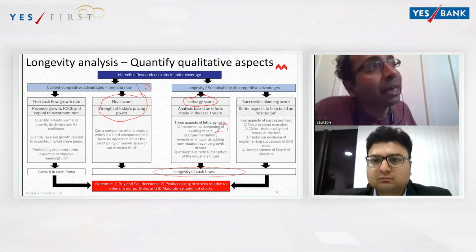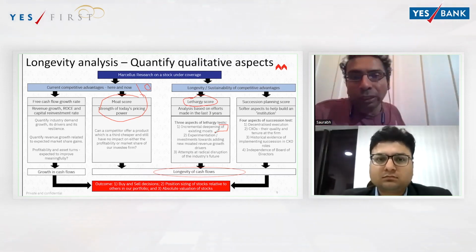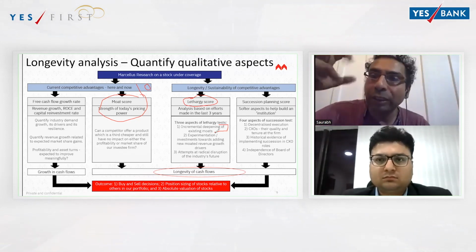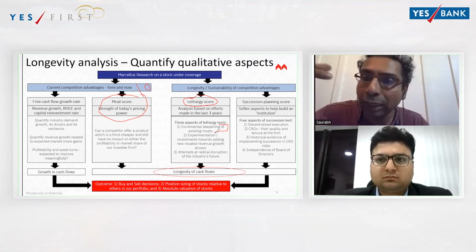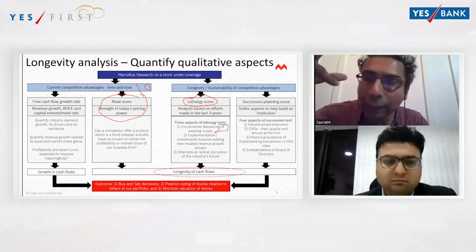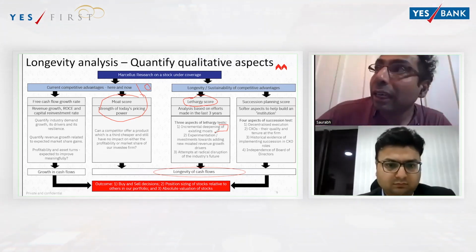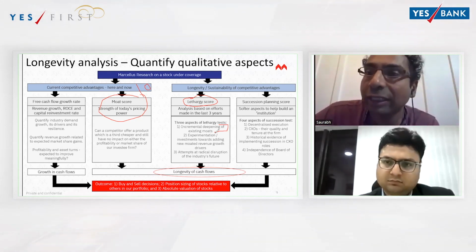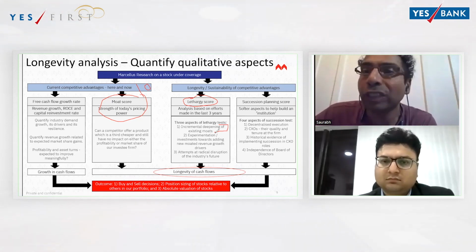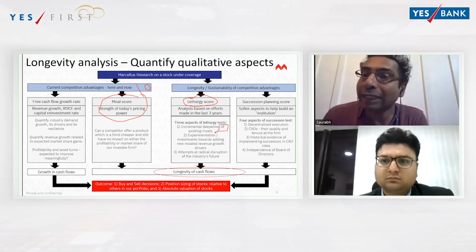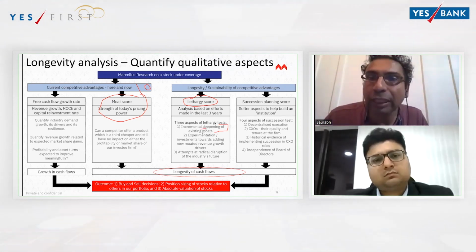The first piece is to look at the last 10 years of annual reports and quantify for us the extent to which working capital cycles have been reduced and asset turns have been improved, right? Working capital and asset turns are measures of a company's efficiency. How has this been improved? For example, if Asian Paints' working capital cycle was 100 days 20 years ago and is 6 days today, how did it get from 100 to 6? Unless we understand the way it got from 100 to 6, we won't be able to understand the sustainability of that improvement, right? So step one, look at incremental deepening of moats.